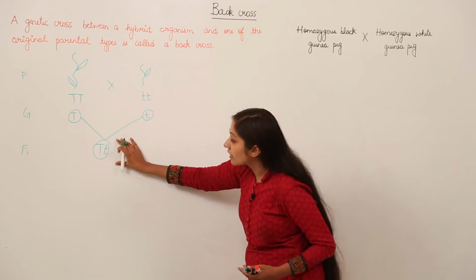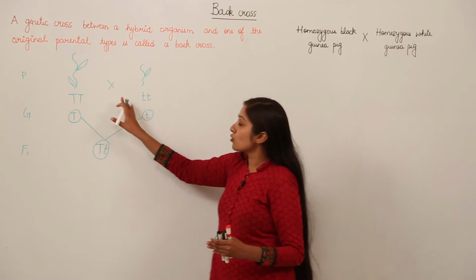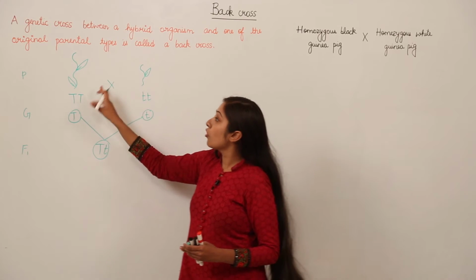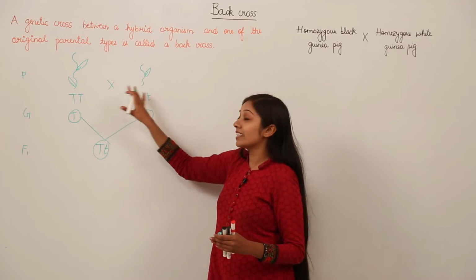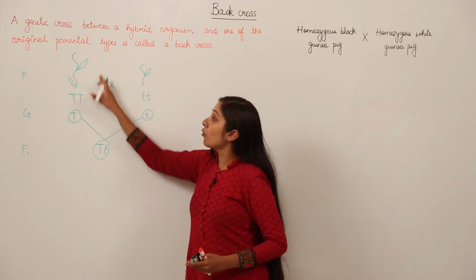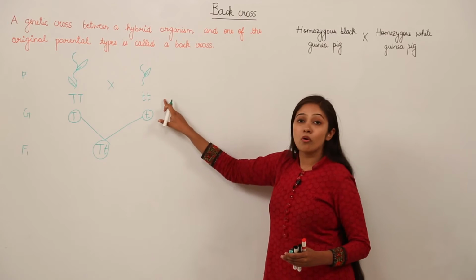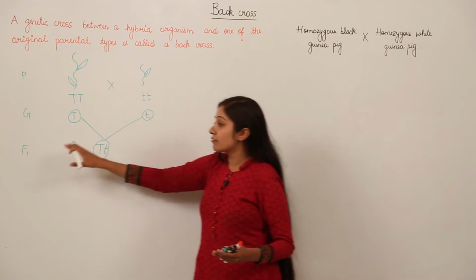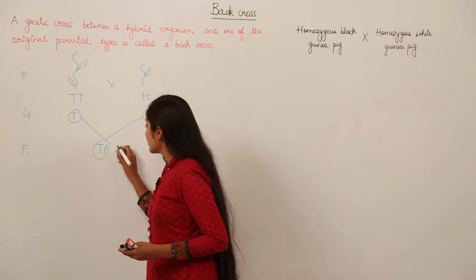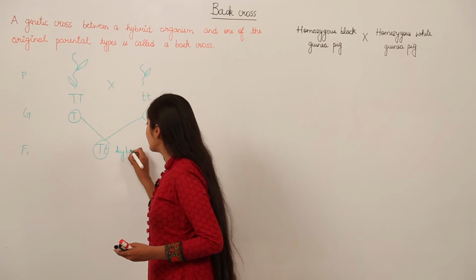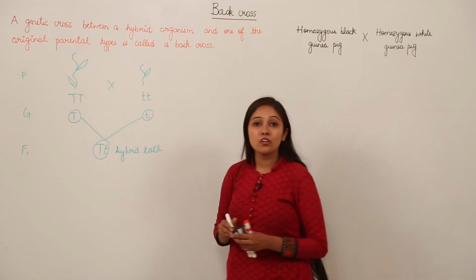So the hybrid offspring is going to be produced in case of the cross between pure dominant and purely recessive, means both are, you can see, homozygous. This is encoding for pure tall pea plant and this is encoding for pure dwarf pea plant. So the first filial generation that we are going to get is going to be hybrid tall. So this is a hybrid tall pea plant.